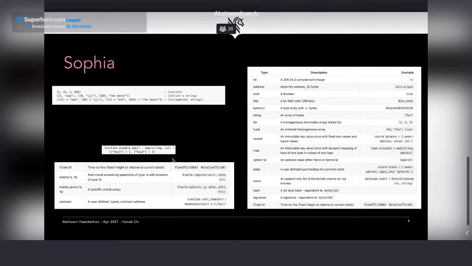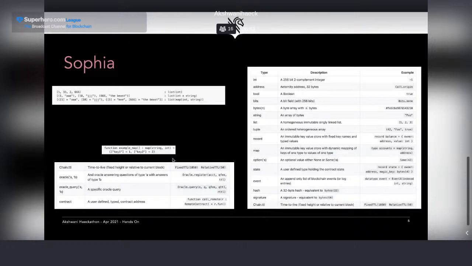Now some theoretical part, but also important to understand what kind of things I can do from Sophia. I can manage lists, I can manage maps, like a hash map or a key-value place to store data. But of course, I have other types of information like integer, address, Boolean, bits, pretty much the usual, except for dates. Dates are also always a pain for developers, but especially in this kind of environment.